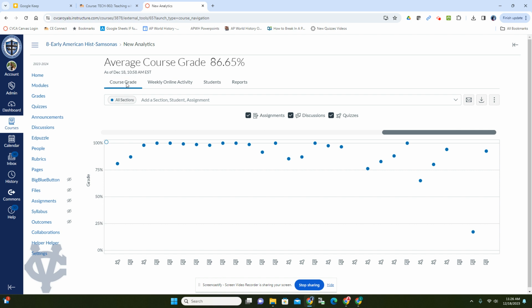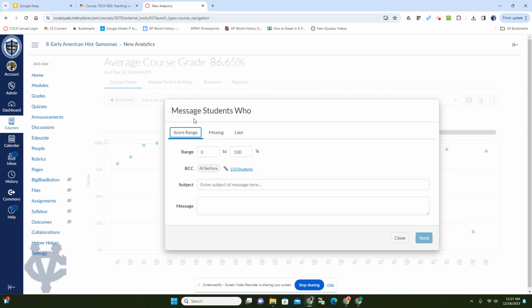And here's the last feature that I think is awesome. You can do this within the gradebook per assignment, but this is really neat. So you go over here, message students who, which is one of my favorite features of Canvas. They've built it over the last couple of years. This is great. Again, you can do all sections,